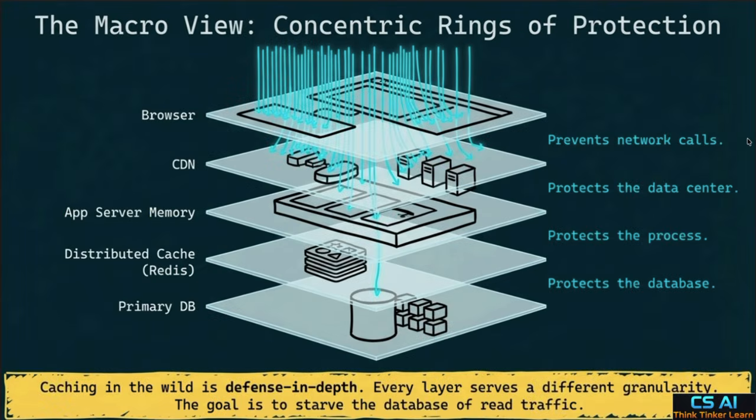The macro view: concentric rings of protection. Caching is fundamentally defense in depth. You have the browser, the CDN, the application server memory, and your distributed cache. Each layer serves a different level of granularity, and they all work together to achieve one goal: starving the database of read traffic. Every request caught by a cache layer is one fewer request that risks bringing down your primary